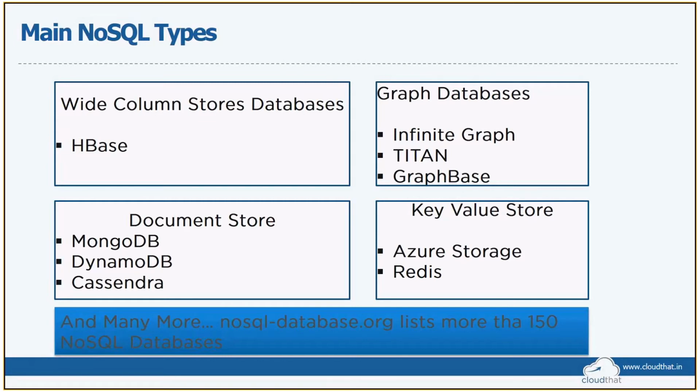And there are more than 150 NoSQL databases listed on NoSQLdatabase.org. Of course, when I remove the relationships or the philosophy of relational databases, I can store information in any fashion. Keeping security, availability, and partition tolerance in mind, I can very well write data in whichever fashion. And if applications are able to read it, I have a NoSQL database with me. So with that philosophy, there are more than 150 databases. Anything that suits your need, you can very well go ahead with. It's all about what you need, right?